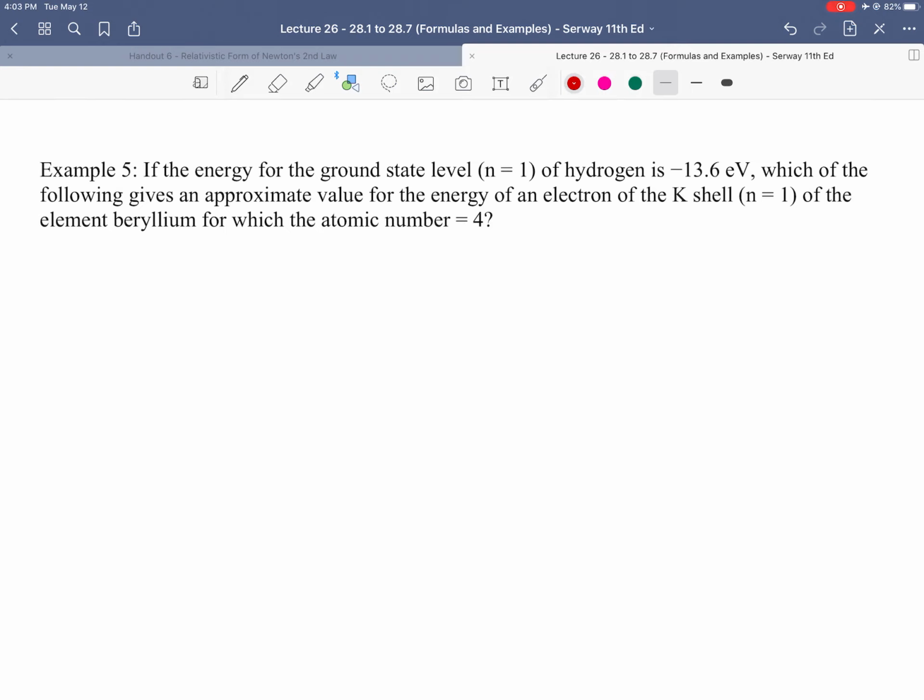So this isn't triply ionized beryllium. This is just normal beryllium. And so since this is normal beryllium, we're using the characteristic X-ray formula. All right? So we could say that